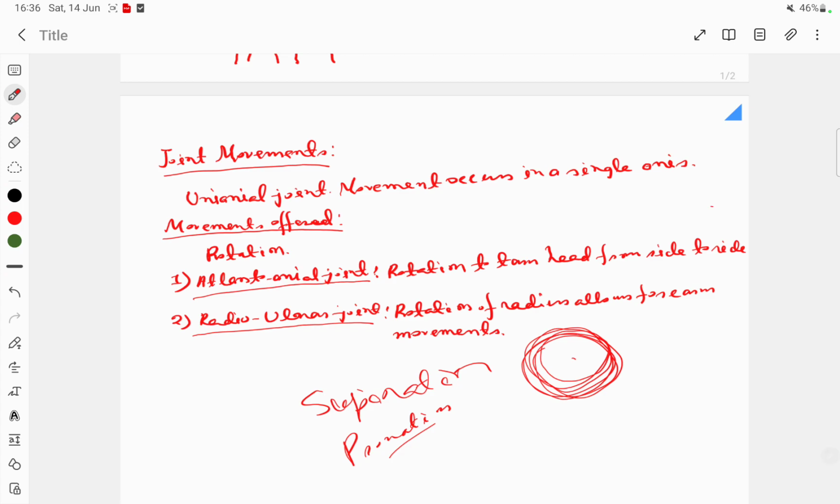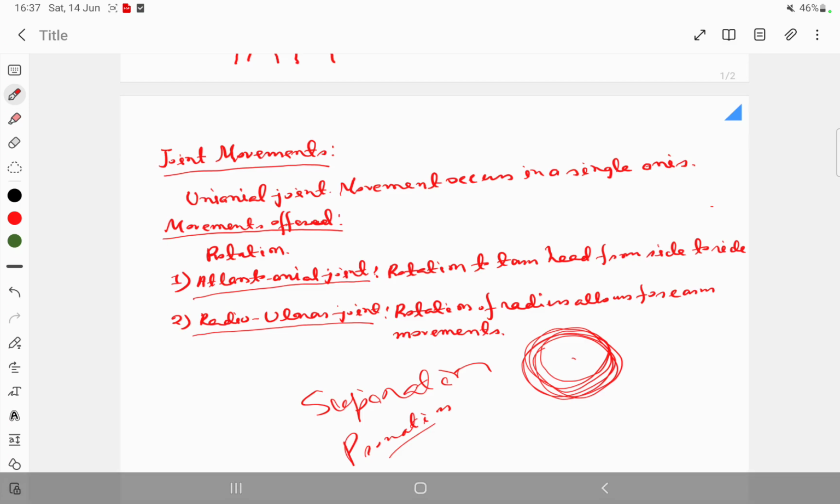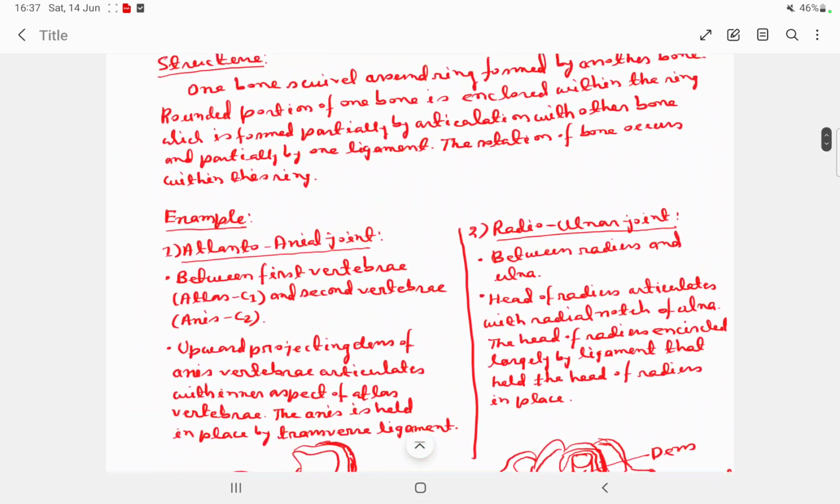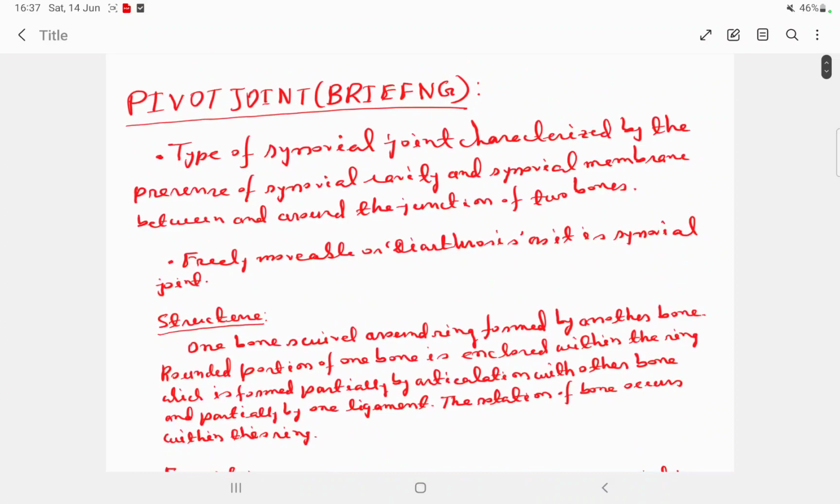So in the case of these joints, one bone rotates with respect to the other. In the radio-ulnar joint, the rotation of the radius occurs, and in the atlantoaxial joint, the rotation of the atlas occurs around the axis. So this is a brief discussion regarding the pivot joint, which is a type of